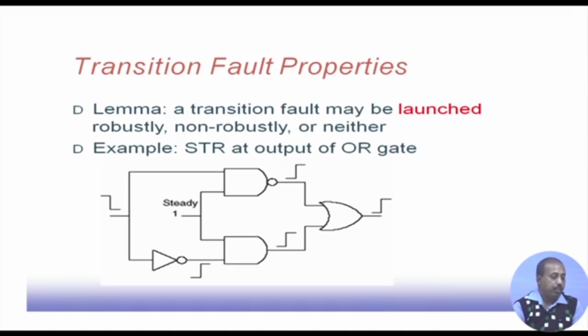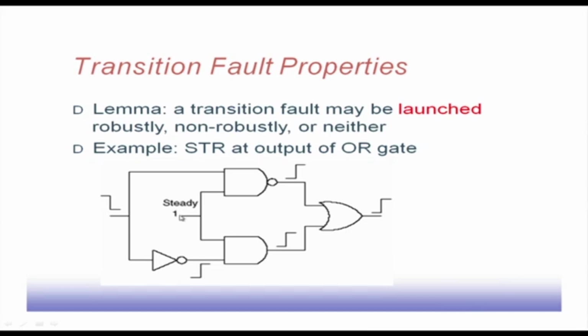So, a transition fault may be launched robustly, non-robustly, or neither. So, this is a typical result. So, here there is an example of this slow to rise at the output of the OR gate. So, this OR gate output. So, this slow to rise fault we want to capture. So, for that pattern, you see that we apply some ATPG, so that first it makes this line stuck at 0. Accordingly, the test pattern is generated, which will make this line high, and this line will be maintained